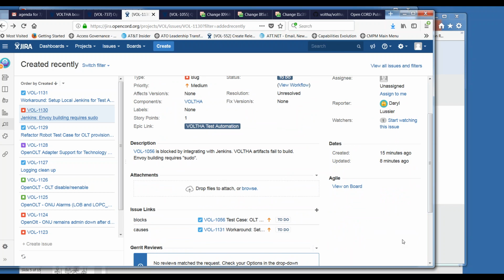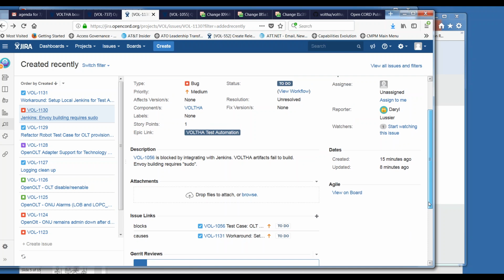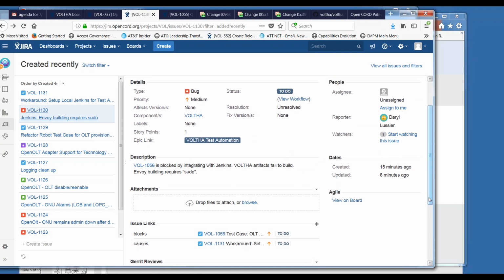Any questions or comments from the group? I have a question about that one. I see on the public Docker Hub repo that the VOLTHA Envoy is being built regularly, and I just checked, the last push was 15 hours ago. So I'm just wondering which process is building those and successfully pushing them to Docker Hub.